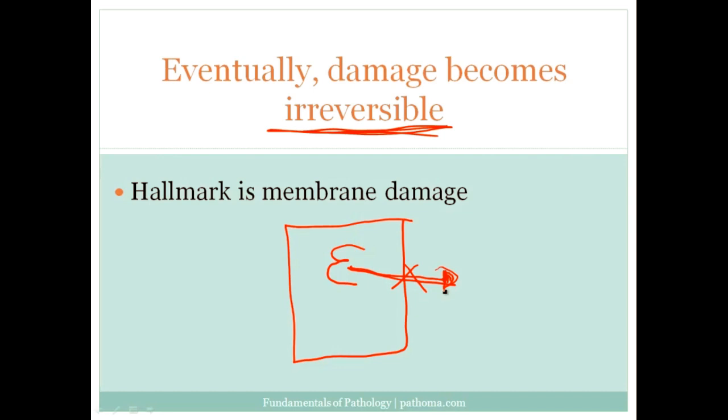Another consequence of loss of the plasma membrane is that the calcium, which is present outside of the cell, and so much effort was made to keep calcium outside of the cell, as I mentioned earlier, can now rush in as well. So the intracellular calcium levels will increase even further. So these are the two consequences of plasma membrane damage.